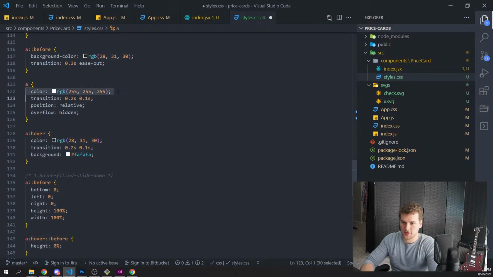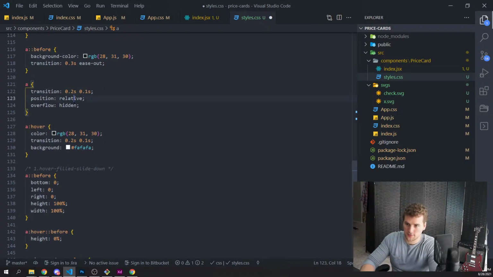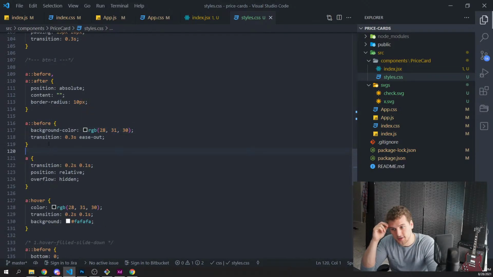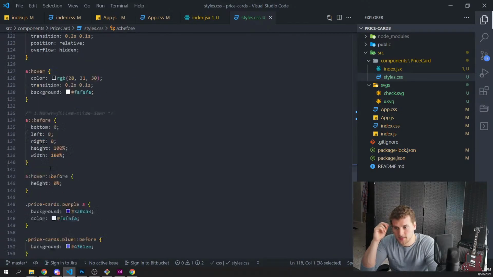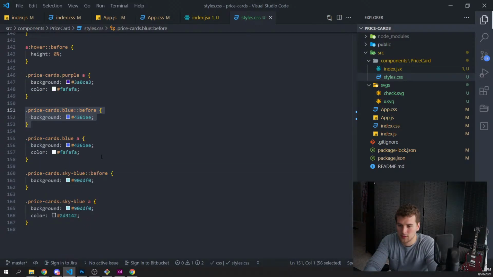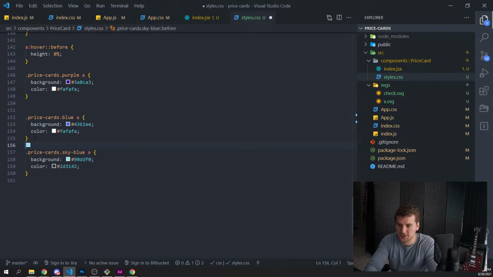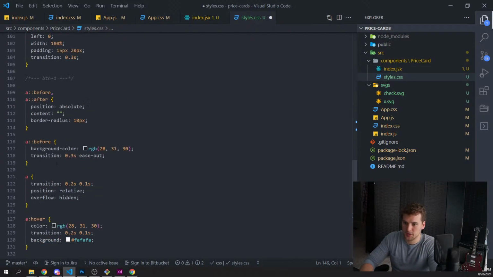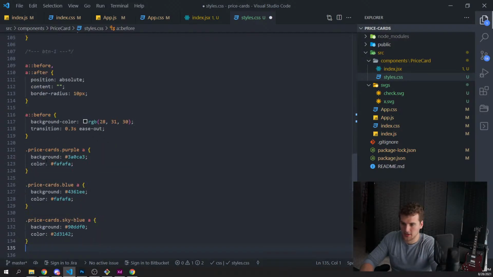And then we don't want to adjust the color before. So the A before the background color is going to be, this is what we need. Price color before. Don't need that or this. But I need this to be right here.